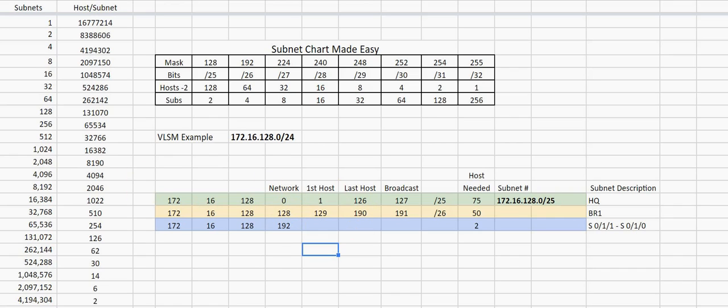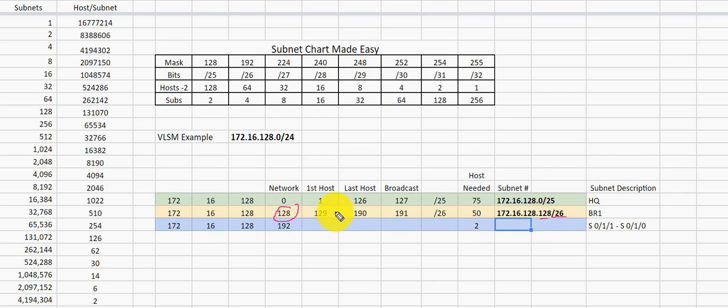So now let's write this out here on this one. So now we can say our subnet number is 172.16.128.128/26. So if we were to put that out in binary notation, we'd be able to see that a /26 gives us a network ID of 128, because that's our first one.